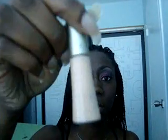When I really got turned on to primers, this is the one that I use. And I had forgot all about this until I actually started talking, but my friend Lucretia turned me on to this, and it is Decrease by L'Oreal, and this is the bottle that it looks like. I'm not trying to be funny, but it kind of looks like concealer for white people. But this is what set the tone for me when it came to